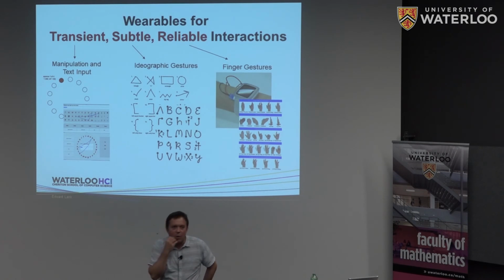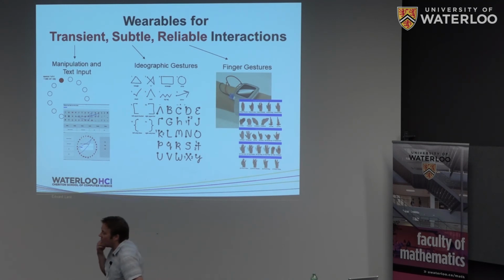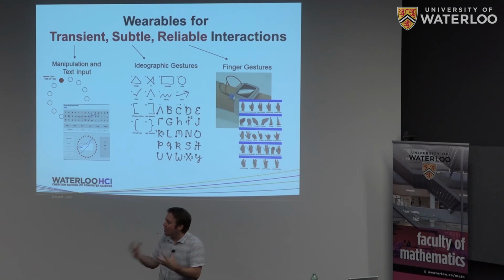So anyway, just to conclude, because Dan said 3 minutes or 2 minutes or something like that, I talked a lot about wearables and their use in terms of supporting rich, reliable interaction in a transient way in ubiquitous computing spaces. And just to wrap up and tell you why I'm talking about this, if you think about wearables, they're a really intimate device. They know you and they can learn a lot about the world around you. And so the reason I think it's compelling from that perspective is, you can start to build up a vocabulary of interaction with these devices that you master,